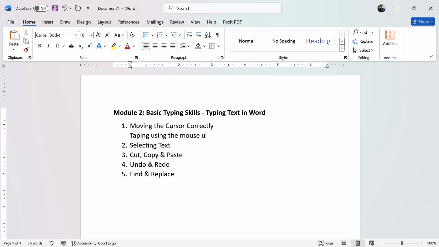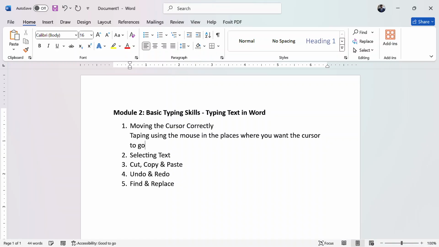Using the mouse in the places where you want to position the cursor. You can also use the arrow keys, or you can use the enter key.